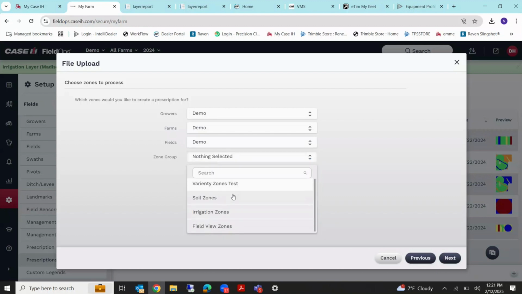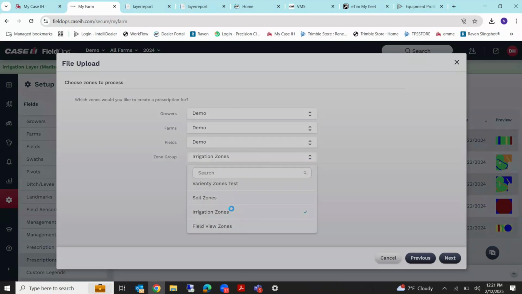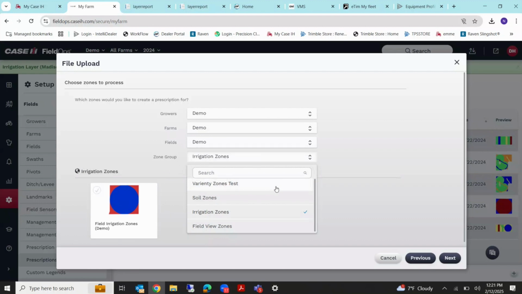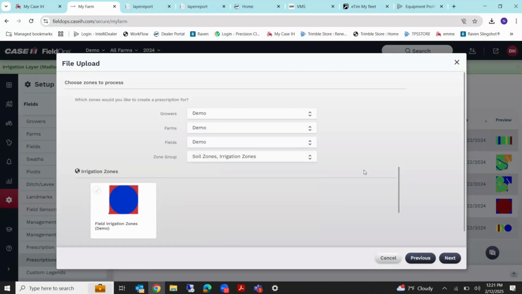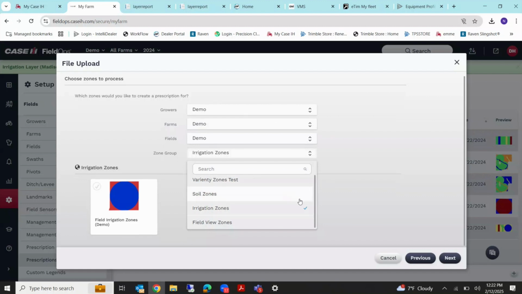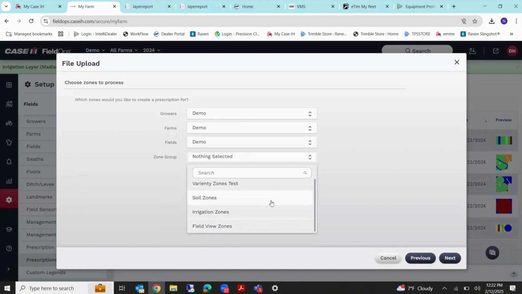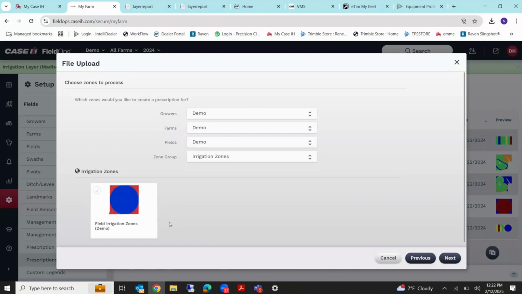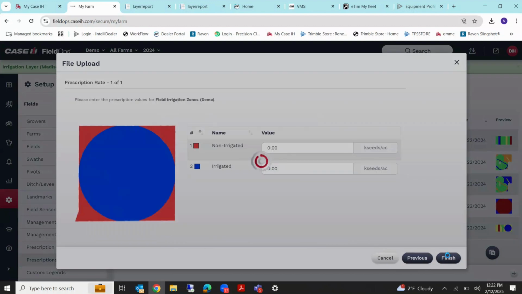And then right here I've got my zone groups, and I automatically have irrigation zones. Now by default, if you make a boundary on FieldOps, it will also give you soil zones. So you can load those zones in and create them off soil zones automatically too. Any other management zones that you create by hand under the management zone tab will show up in this list. But since we made that pivot, we're just going to select irrigation zones, click on that, hit next, and then